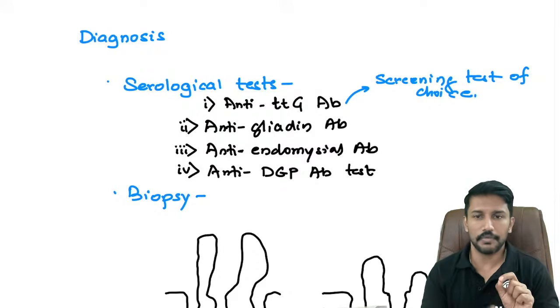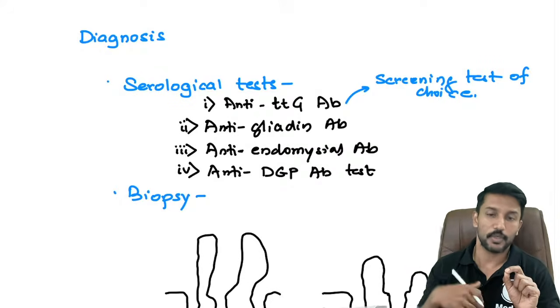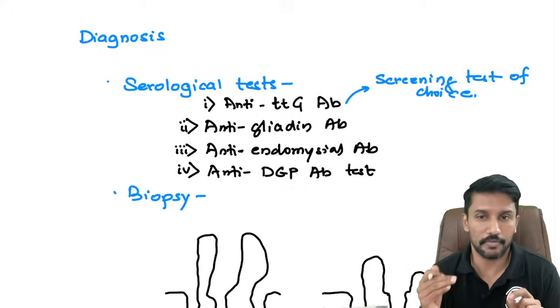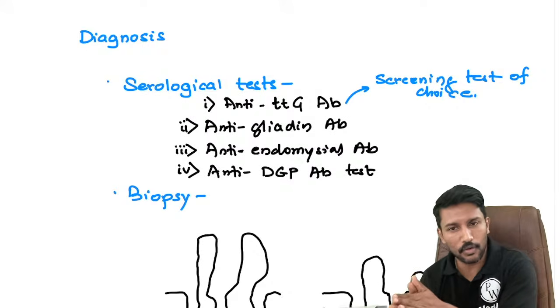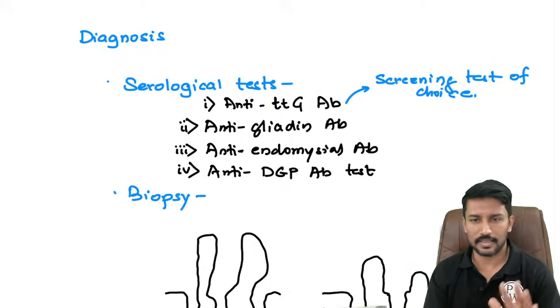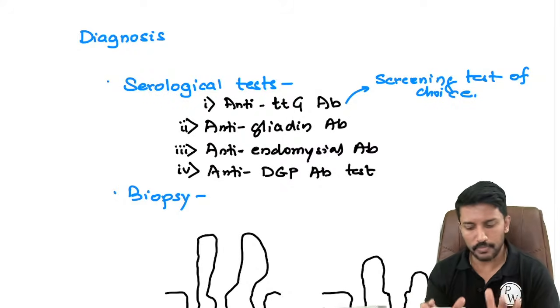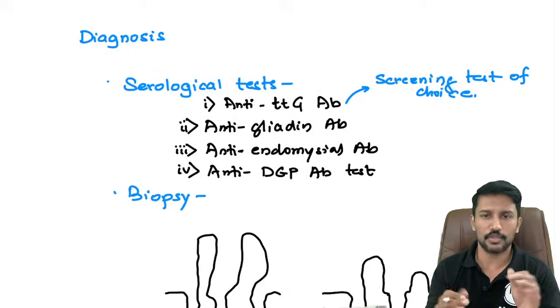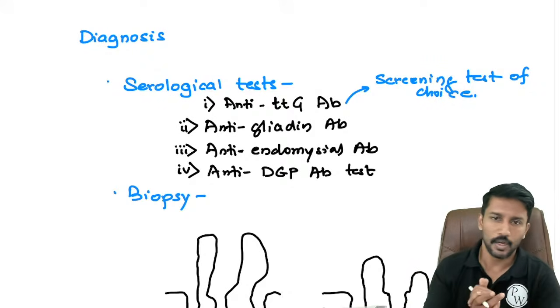But if it comes negative, it does not rule out celiac disease. I have to also look at the patient's serum IgA levels, because the patient may be having IgA deficiency. In that case, the IgA will not come positive, right? So in such cases, I have to think of IgG. Now, all this writing is not expected in the theory exam, but of course, for MCQs, we need to know more precise, finer nuances. For the theory, as long as you are able to list and write 1 or 2 points about individual antibodies, it is more than enough.